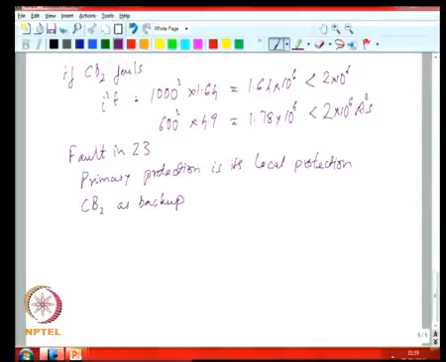And if you now look at your trip time for IF max